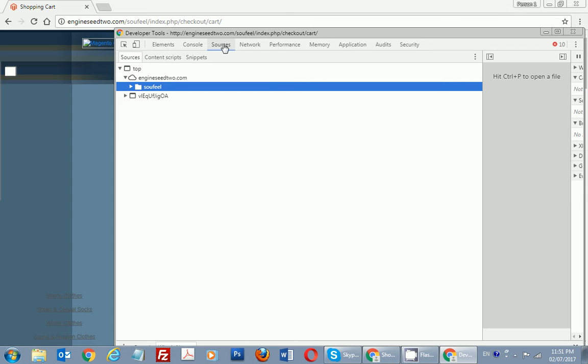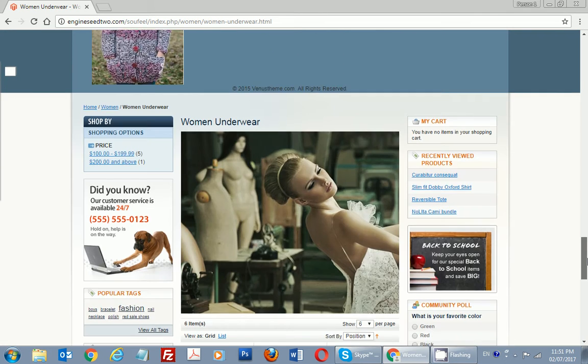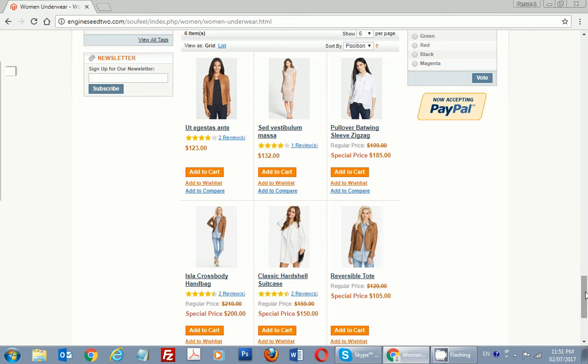So here's the test site that I created. Again, it looks a bit messy in terms of its style. I basically added a whole bunch of products in but stripped the style out. So down here, if I were to choose a product, in this case let's say this reversible tote, and add it to the cart,